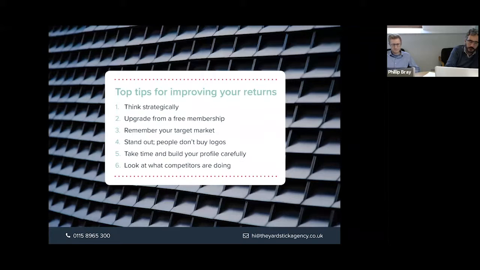Start with a strategic mindset about what you want to achieve, how many new inquiries that results in, the type of people you want to work with, your target market, the things that set your business apart compared to others, and use that information to build your profile. So your profile should be explaining who you work with, the problems you solve, the ambitions you help people achieve, and what separates you from the competition.